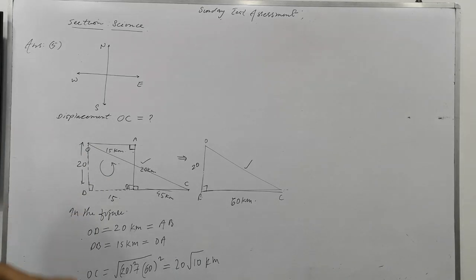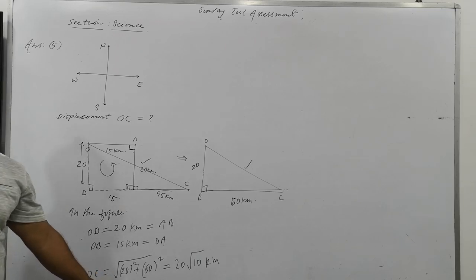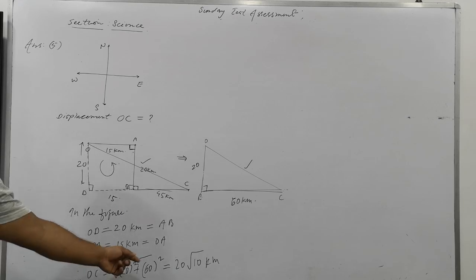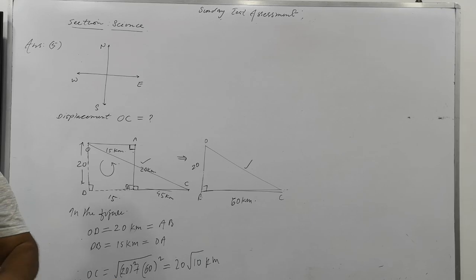Not only in this question, in many situations you have to adopt this method. Is that clear? Here we are factorizing. In the other method, you can find the square of 20, the square of 60, directly make the product, add them together, and then find the root. That becomes a messy situation. So we go with the simplification, not directly with the solution.